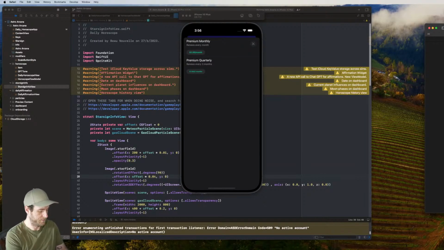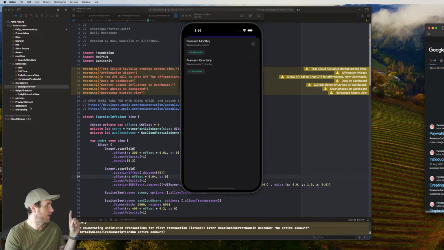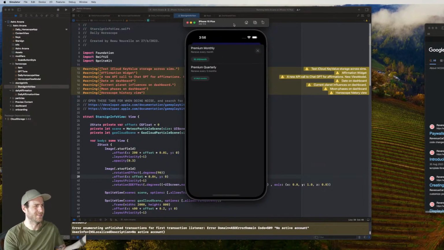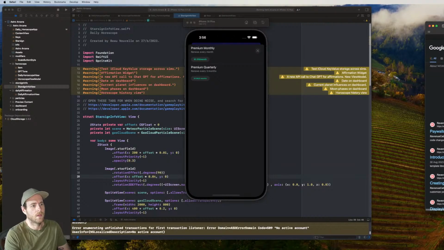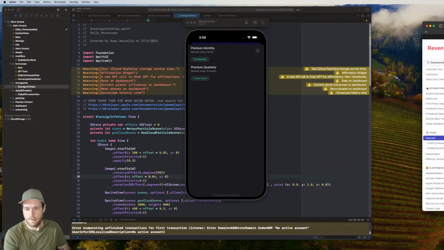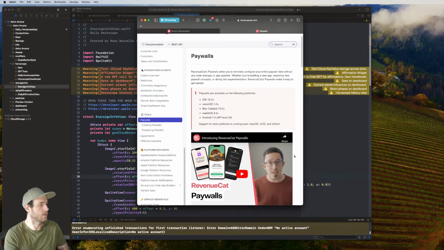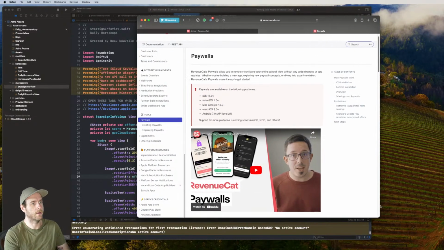So you see what I'm talking about. And then we're going to do the entire process, right? So at the moment, we don't have the dependency in here at all. So we're just relying on Apple's, I think it's StoreKit 2 or something, what they've called it. So if we open up Paywalls across here, yeah, cool. So this is a bit of an overview, and I know some other creators have already covered this,